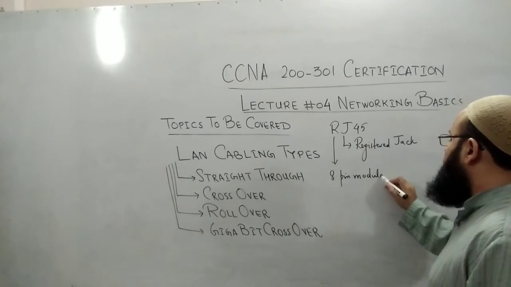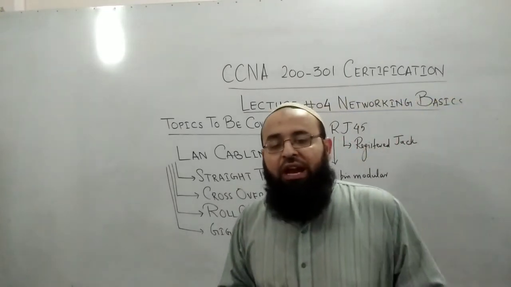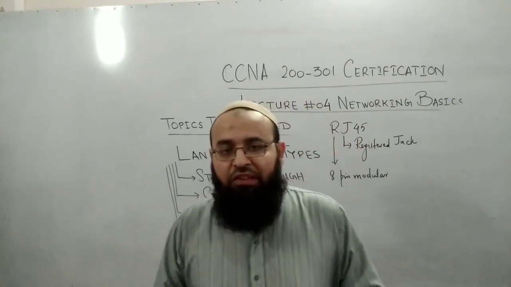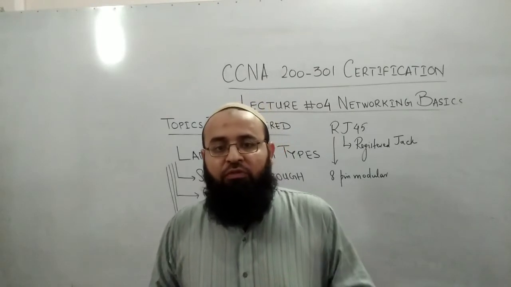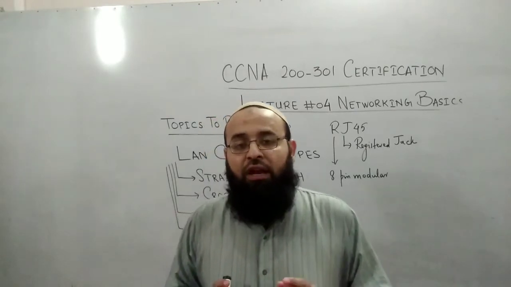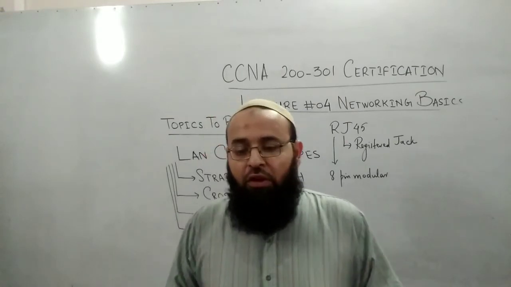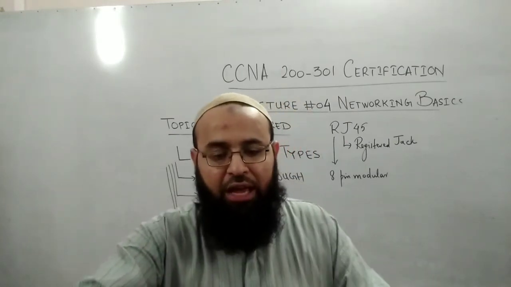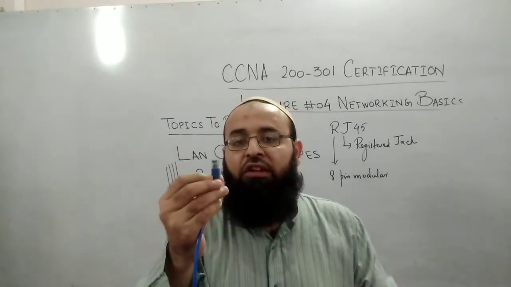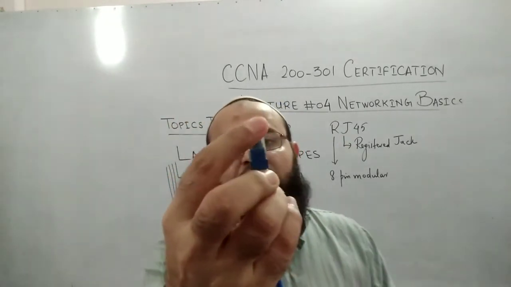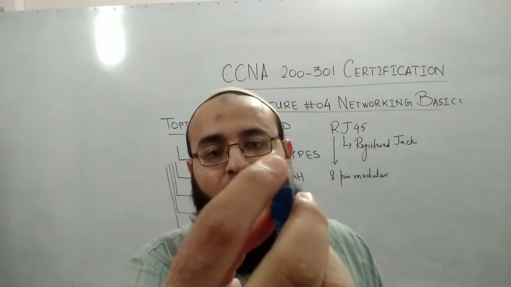As I have already told you that the Cat5 or Cat5e cable or Cat6 or Cat7 cables are basically 4 pairs. So 4 pairs means there will be 8 wires, and these 8 wires are supported by an RJ45 connector having 8 pins. So I have over here a LAN cable, and you can see that this is the LAN cable and this is basically the RJ45 connector, and in this RJ45 connector you have these 8 pins over there.